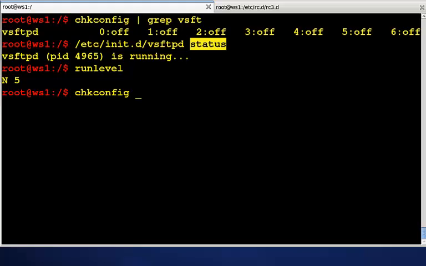And that's probably what we want to do, because we don't need FTP in 0, 1, we don't use 2, we're not going to use 4, and 6 is where we're going to reboot the system, so that's no good either. Probably the only levels we want it to start in are 3 and 5, and we can choose both of those at the same time, or we can just stick with one of them if we want. So if I just wanted one level, I could use the --level option, and I could say I want that to start in 3, and put the